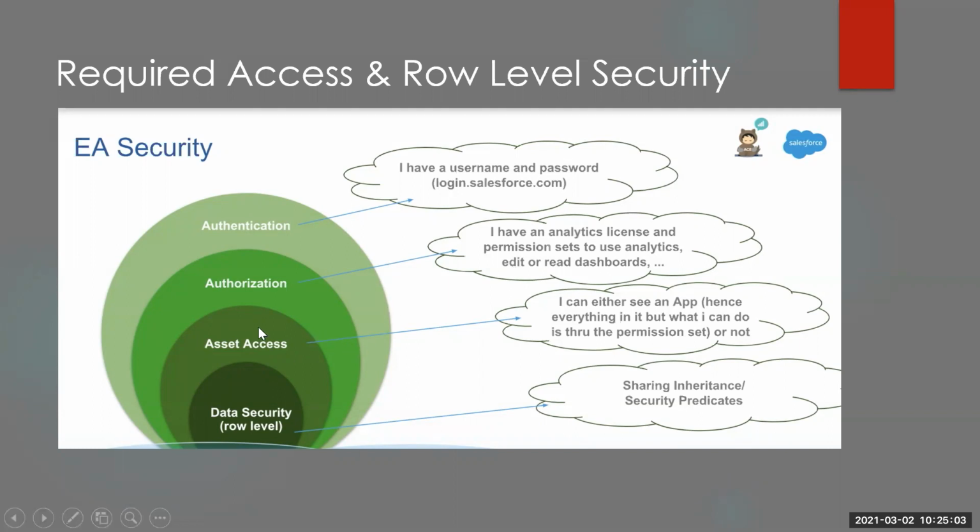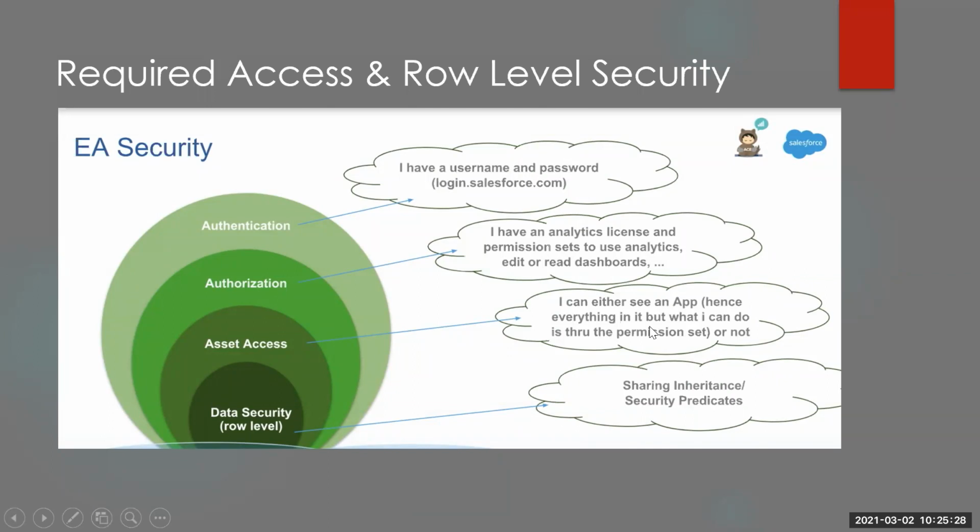And then the asset access. Assets are nothing but the analytics assets we have discussed: dashboards, data sets, everything. We need to make sure that the dashboard you're sharing with the user is in, suppose, a test app. That app should be shared with the community or partner users to make sure that they'll be able to access the dashboard. If they can see an app, then they can see everything in it.